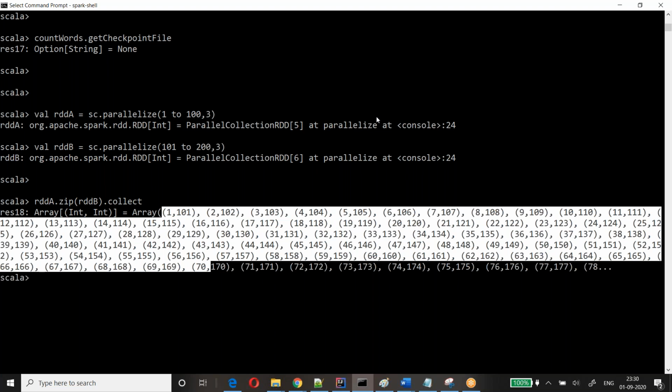Ravi, we did a similar transformation in Scala. Yeah, they're all Scala things only. Its name was zip or something else.